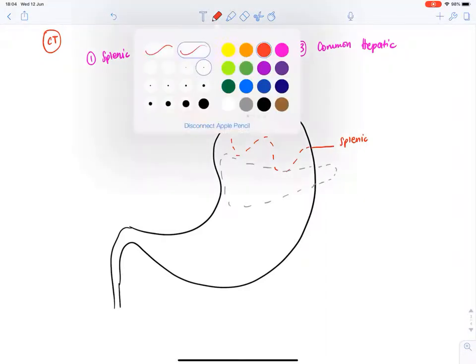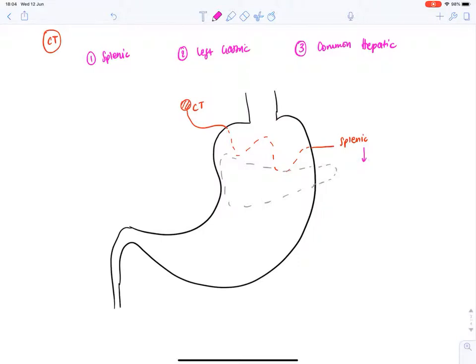It runs over the superior border of the pancreas, and therefore it actually supplies the pancreas as well before it moves towards the spleen, which is obviously towards the left of the stomach, as we previously saw. And the second branch of the celiac trunk, as I said, is the left gastric artery, which supplies